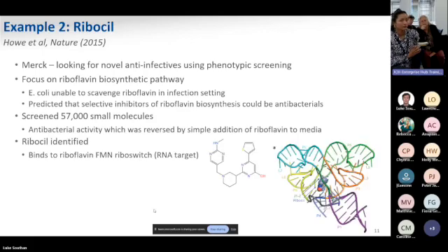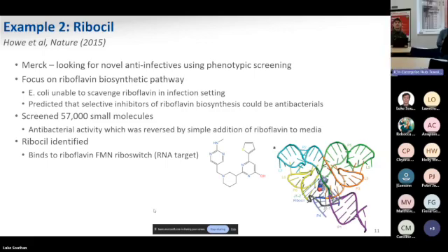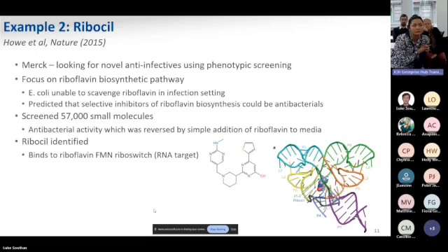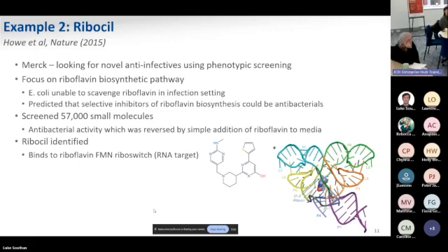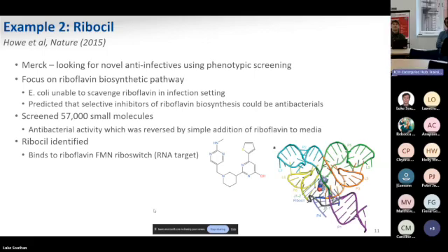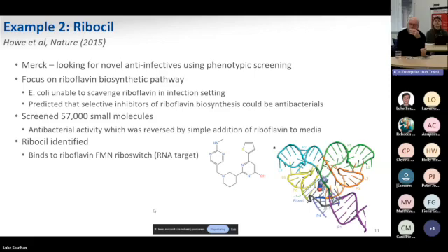So what they did, the compound is ribocil, which is this thing here. When they dialed down and found out what it bound to, it binds to RNA, not to a protein at all. So the mRNA controlling the riboflavin biosynthesis is controlled by a riboswitch, which is that thing there. Riboflavin binds to it, folds the riboswitch, and prevents the mRNA being translated. This compound binds very effectively to the riboswitch. So the bacteria go, we don't need to make riboflavin. The switch is occupied. They never make riboflavin. They die. So really, really, really elegant